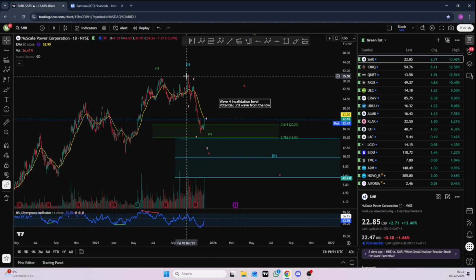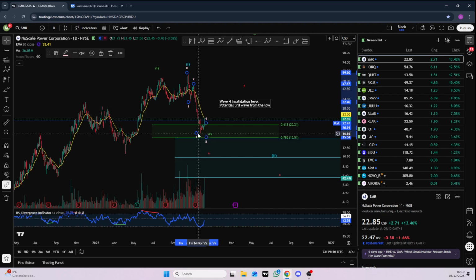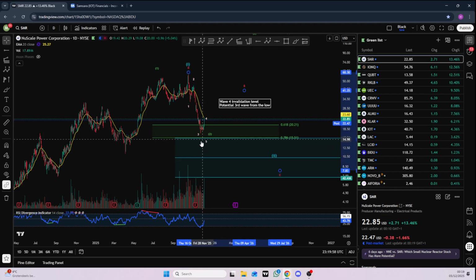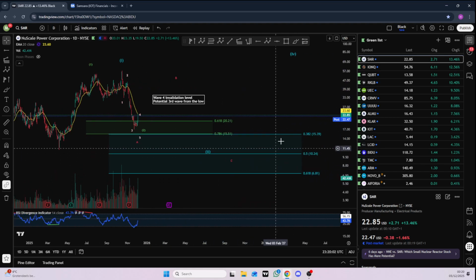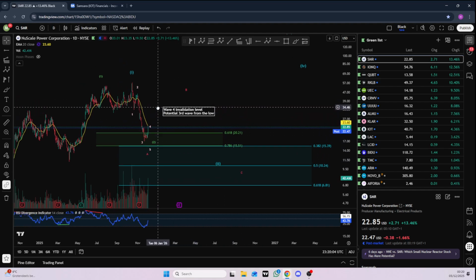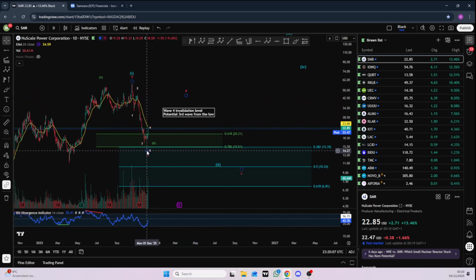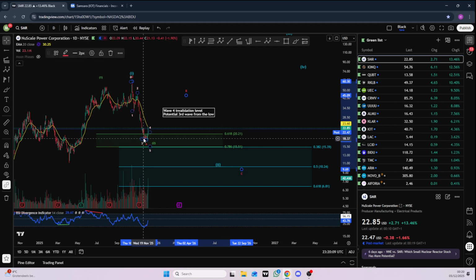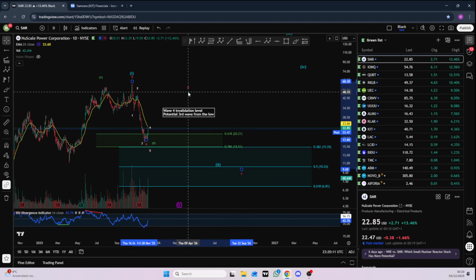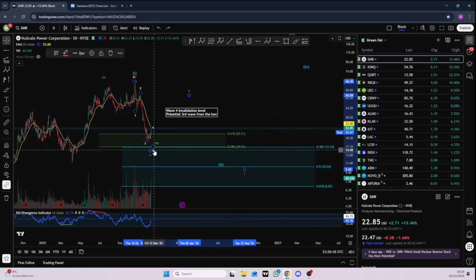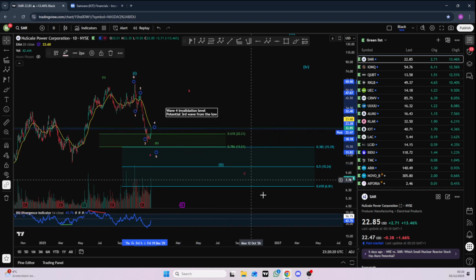If that is the case, from this high we have a 1, 2, potential 3, 4, and then maybe another dip in a wave 5 to form an A wave, then get a B wave, and then still go down in a C wave towards this box, okay? Of course, this could be a 3-wave move down as well, in A or in wave W. Then we get an X wave or a wave B, and then a Y wave or wave C, okay? Just if we get this 5th wave down, it would be a little bit more bearish, because then we would have to do